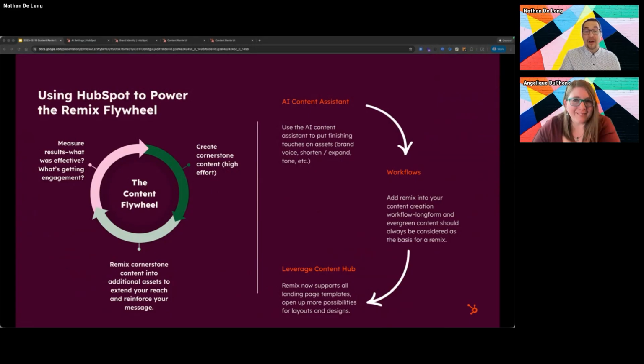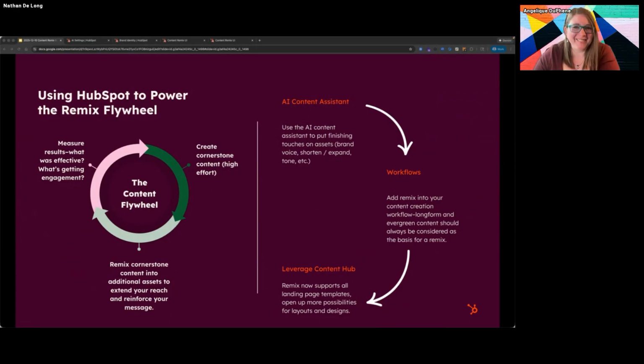that's the thing that, say, took me all week, and I had to go back and forth with Angelique, and we commented, and she told me that I picked the wrong GIF, and that I maybe need to fix up my copy, and that maybe my text isn't really landing. So I spent a whole week putting that together. That's that high effort content. Angelique and I agree this is the very best of the best. That's what we're going to be using to then remix into additional assets to help extend our reach.